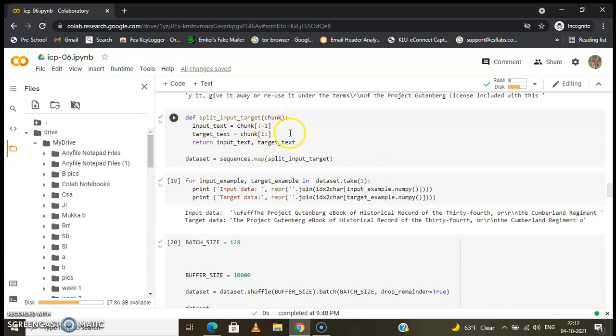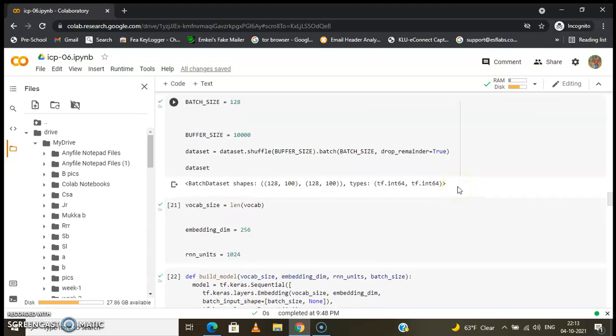Mapping the data through the function we have defined here, it will create the input and target text. For example, this is the representation of the first sequence. This is our input text, and our target is shifted, with the last character added at the end. So this is our target, and this is our input text.